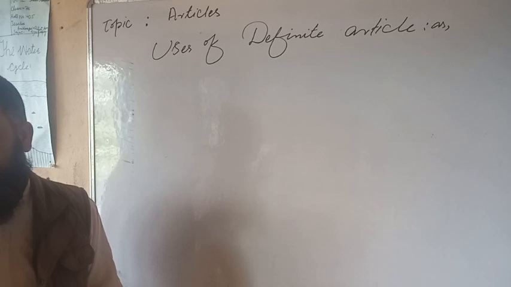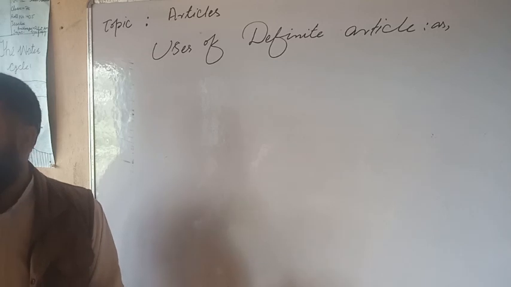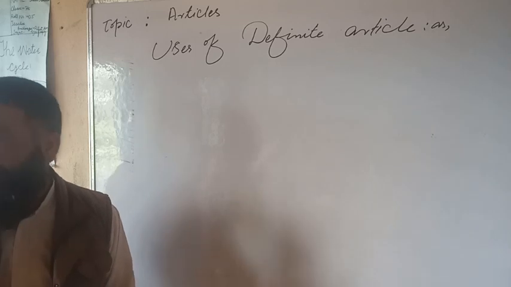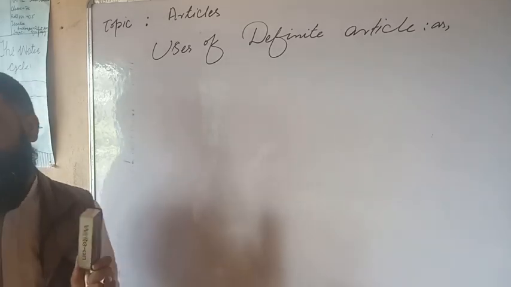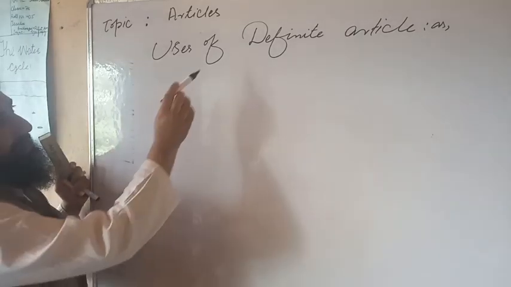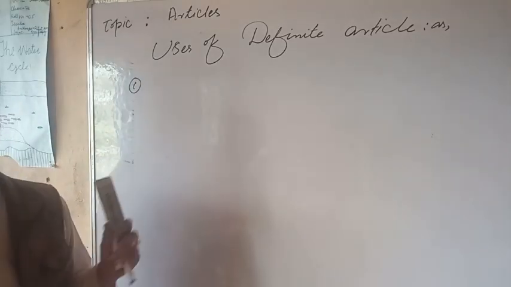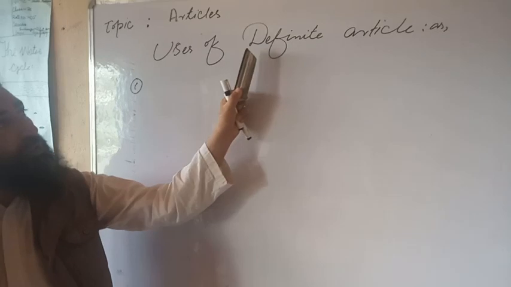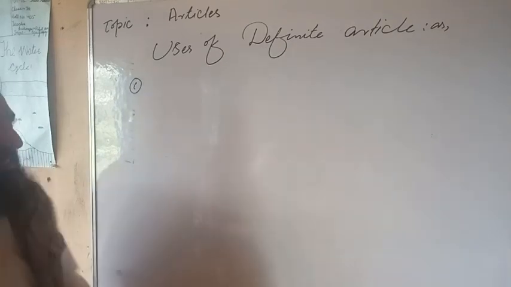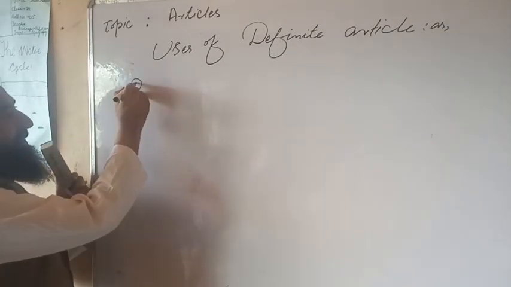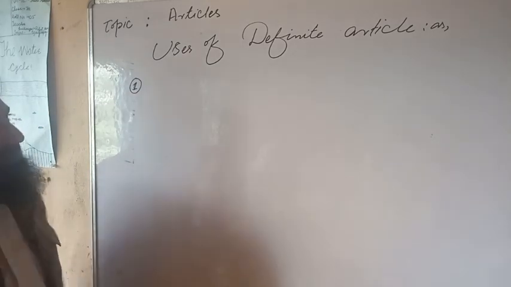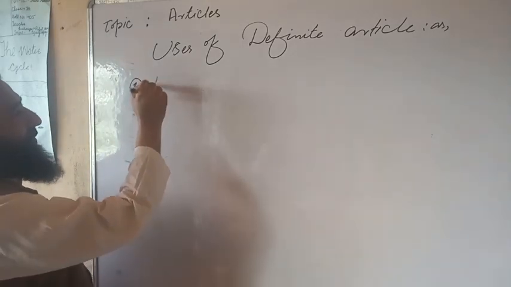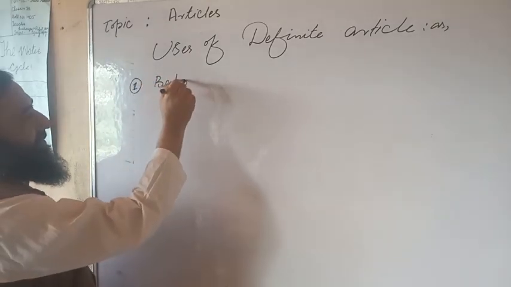The definite article points out some specific, or you can say some definite or particular, person or thing. So this is the definite article, and we'll try to learn where we use it. Okay, there is a single definite article. So the first place is